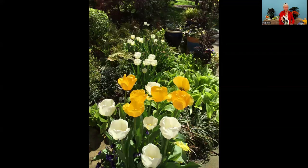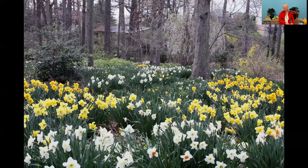Okay, another picture of using tulips in with perennials. In this case, mostly it's hosta, fern and boxwood. Okay. Now, in the very next picture, this is a planting across the creek where I have very few other